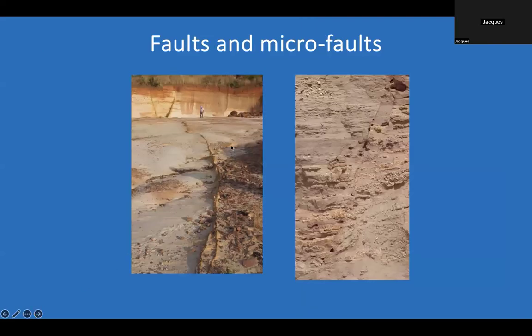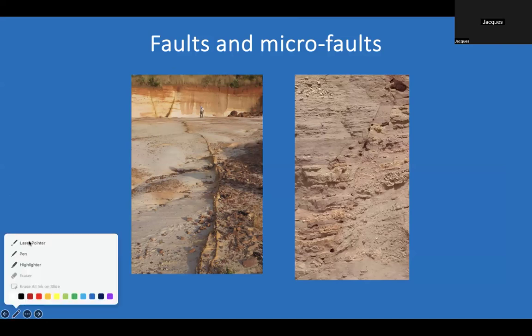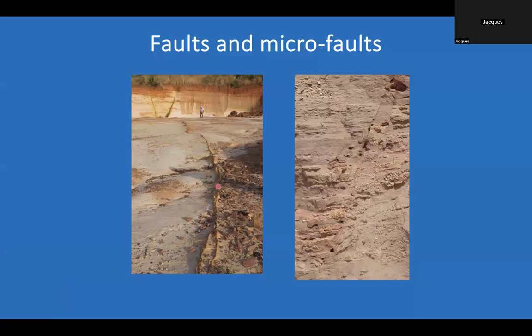We found also some faults and macro faults in the Quaternary deposits. Here on the left, we can see a fault line that goes up, and someone is standing to make the scale. You can see that this is evidence of